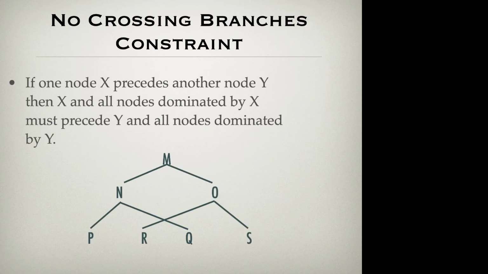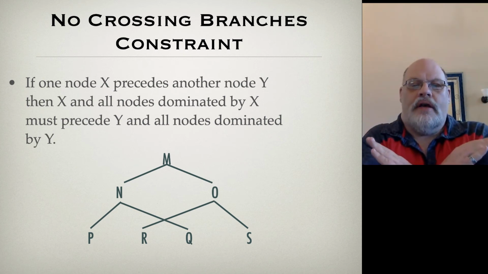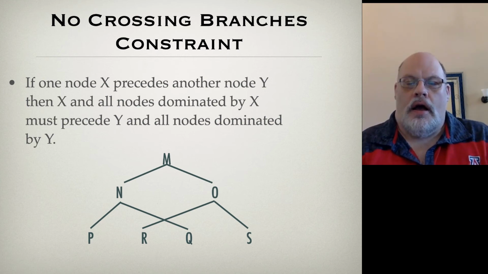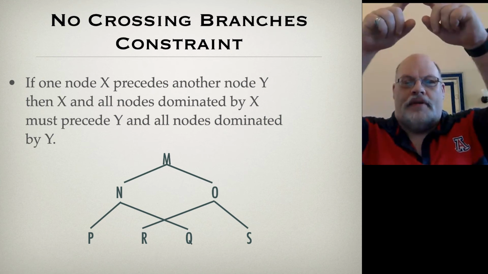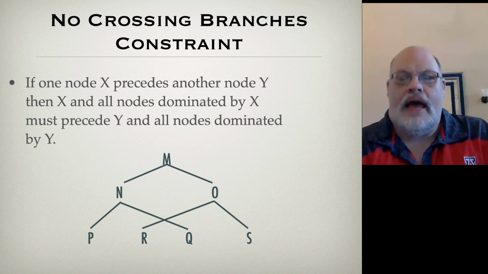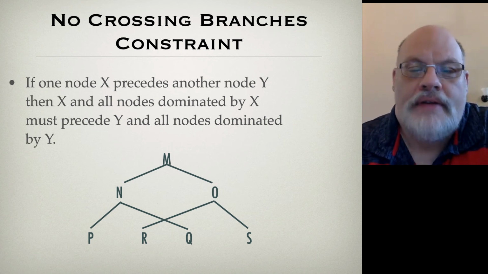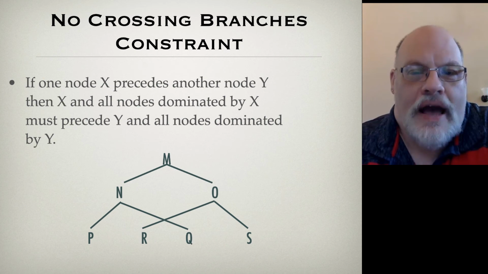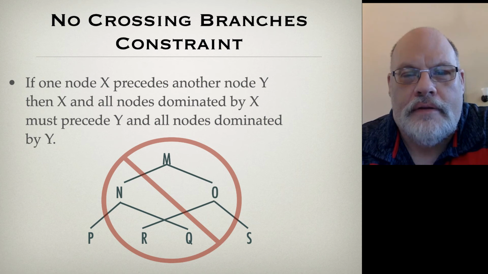This explains why we can't cross lines in a tree. Effectively, you can't draw trees where the lines cross because that screws up this definition of precedence. Because what you would be forced to do is to say that the R precedes Q. But in fact, if you look at the sister precedence relationships up the tree, that's not the case. Because N precedes O, and sister precedes O. So the fact that you can't cross lines falls out from this particular definition of precedence. Don't cross lines.